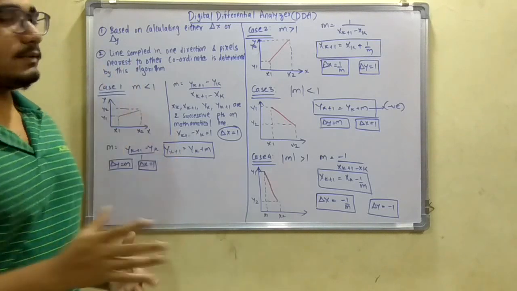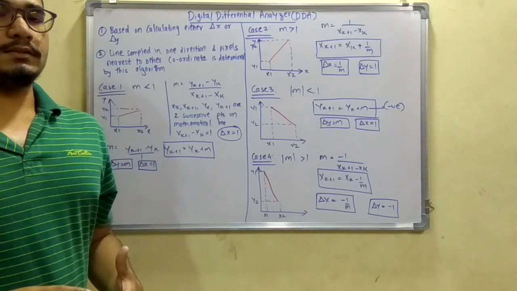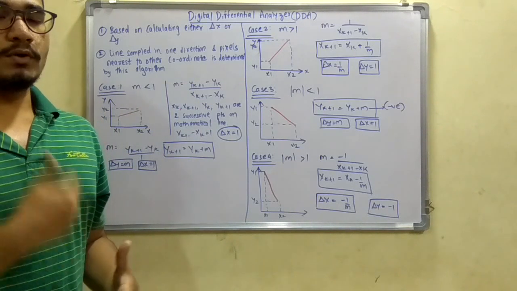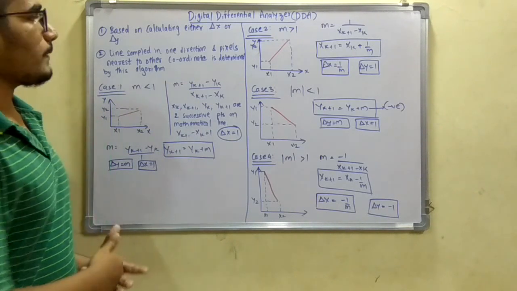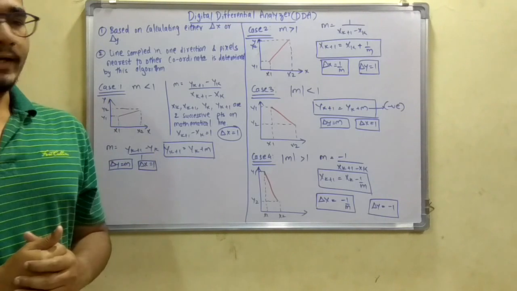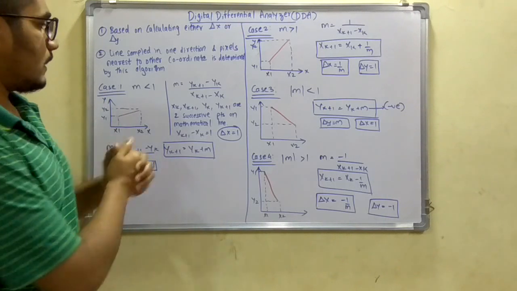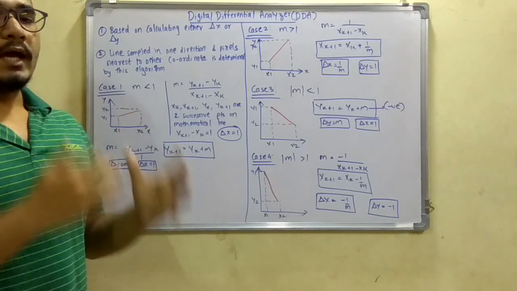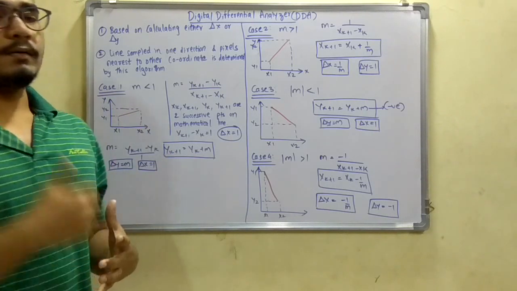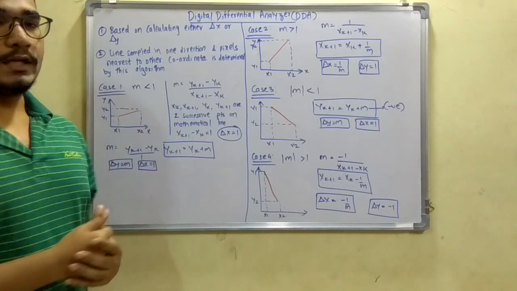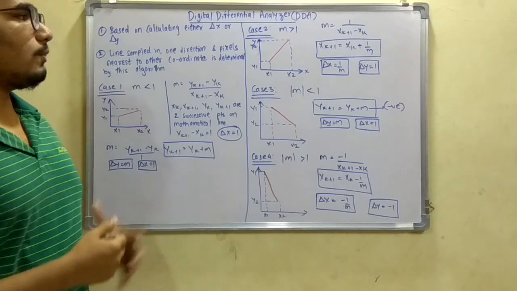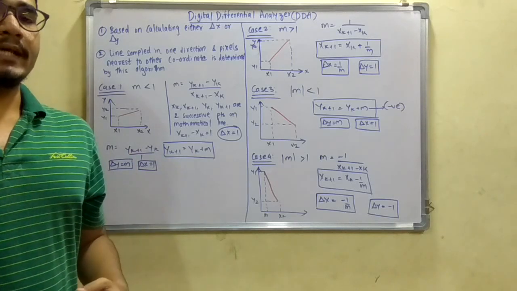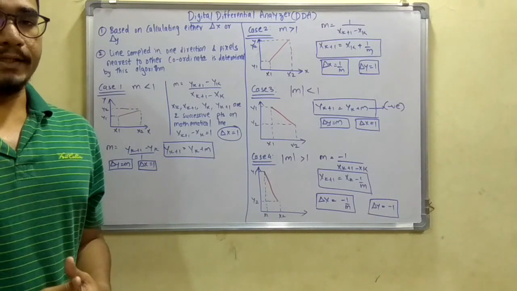In this there are basically 6 cases: 4 main cases and 2 special cases for vertical and horizontal lines. Let's discuss which cases there are. I will also discuss the steps to solve the algorithm and one problem video based on the DDA. First, you need to understand the different cases required to solve the DDA. Ready?